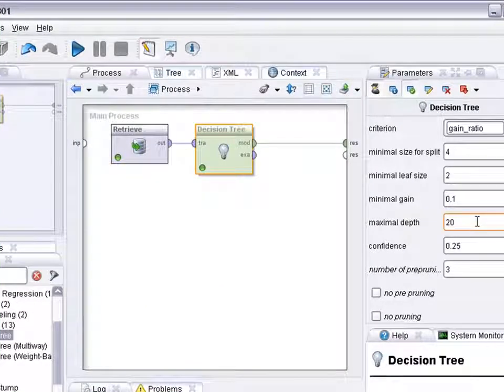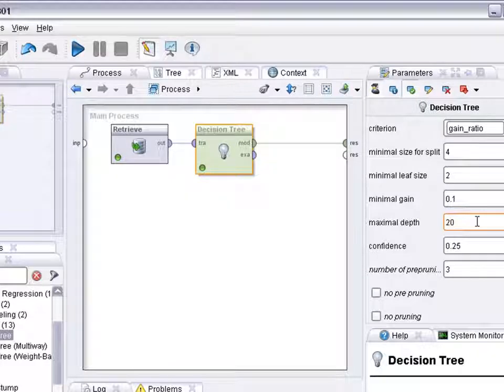Humans are one of the addressees for decision trees. The trees are decision mechanisms that you can automate, but they are also human readable. But humans can't read arbitrarily complex trees, so you can limit the depth of the tree. 10 to 20 should be a reasonable number. I don't think any human would be able to really understand a tree with more than 20 levels and an accordingly wide width. Looking at the confidence level,